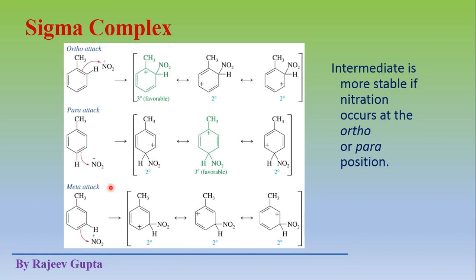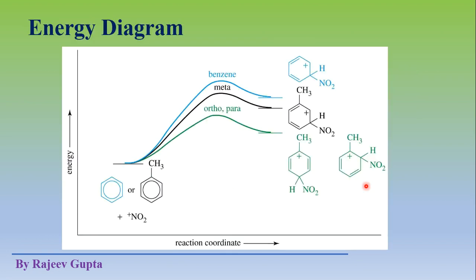So this attack is not favorable in the case of toluene, where electrophilic addition takes place on this unsaturated system. The intermediates are more stable if nitration occurs at the ortho and para positions, but the meta position is not favorable in this case. We can also observe this in the given reaction coordinate diagram, or energy profile diagram, where